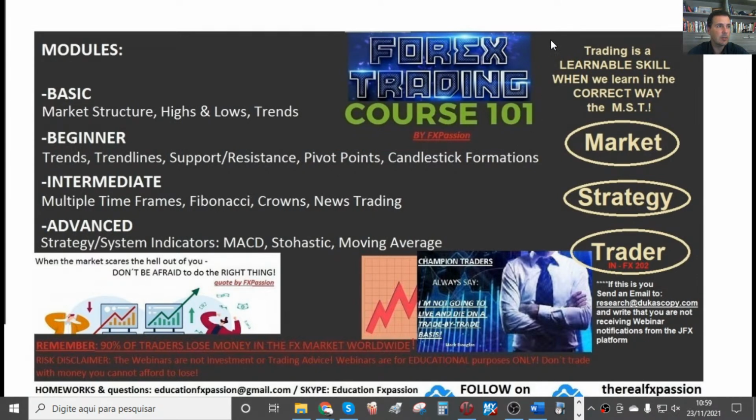Remember, trading is a learnable skill when we learn in the correct way: the MST syndrome. M stands for the market, S stands for the strategy, and T, the big one, stands for the trader. And talking about the market and the strategy, we are trying to do this with all of these modules here, everybody. And if this is your first time and you don't quite understand why it's happening, how it's happening, please